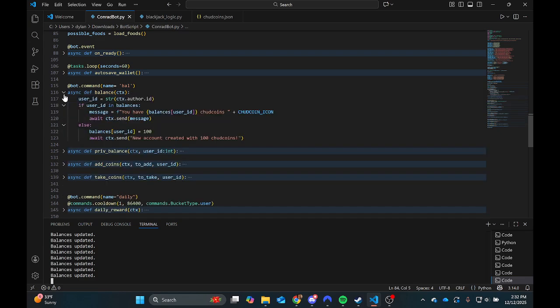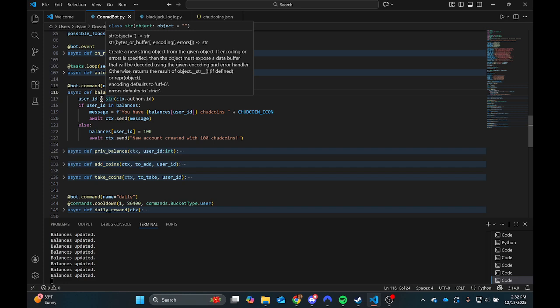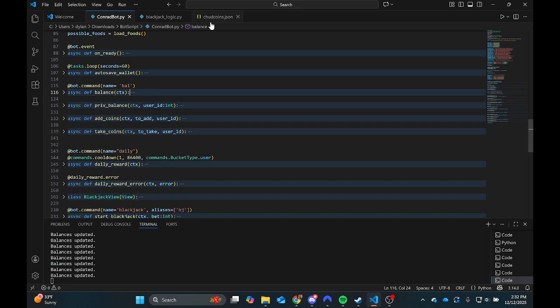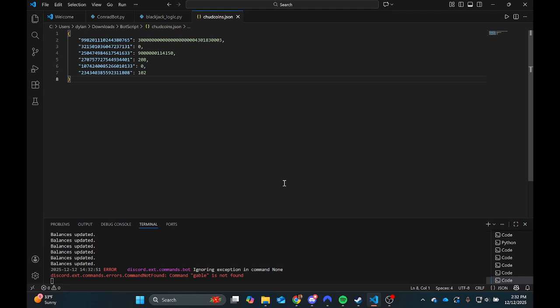So balances, you can check balances with the command BAL. It just checks which user did it, checks that that user ID is in balances. If they are, it will show you your balance. If it's not, it just creates a new data point with 100 coins automatically,